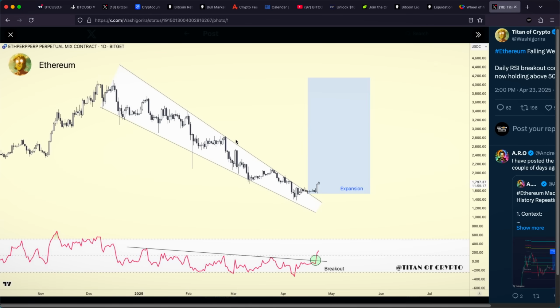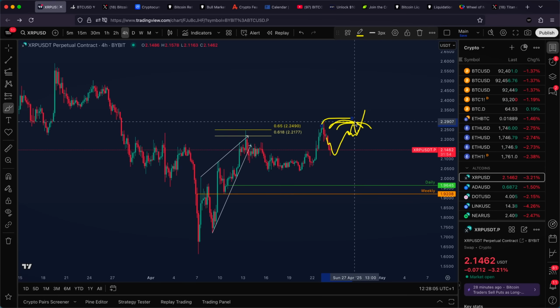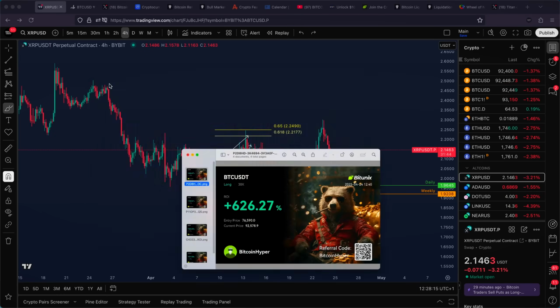And exactly the same thing is right now happening on XRP or Ripple. XRP has taken the liquidity above the recent highs, and yes, if we do see another push toward the upside, maybe even a lower high right here, heck, maybe even another higher high to grab the liquidity above this specific high, once again, ideally, I am not looking for another buy position, I am only looking for another short or sell position on XRP, maybe even on Ondo. So that is why I am telling you, yes,